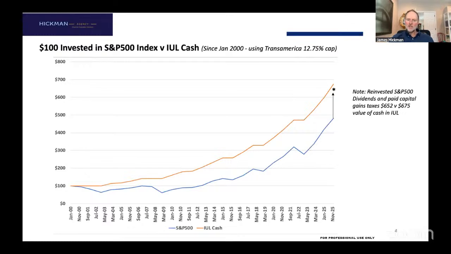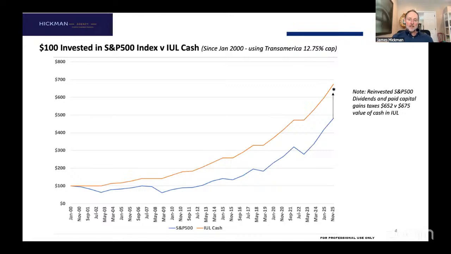Okay, I don't participate when the market drops over 50%, as it did in the wake of the tech bubble. NASDAQ dropped 75% in the wake of the tech bubble, or another 55, 60% in the wake of the financial crisis. I get none of that. I sleep well at night. Everybody's 401k was down by those percentages when those crises happened. The tech bubble took 16 years to get back to break even. The financial crisis took 7 years to get back to break even when you adjust for inflation. So my cash in my IUL, I never lost a penny during those crises.